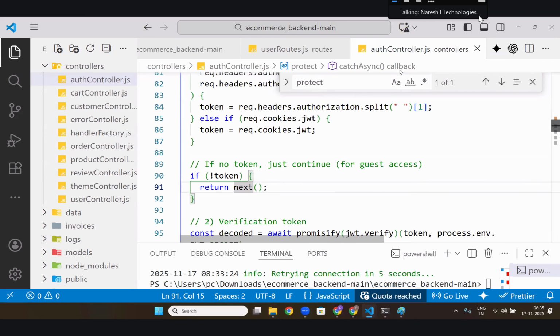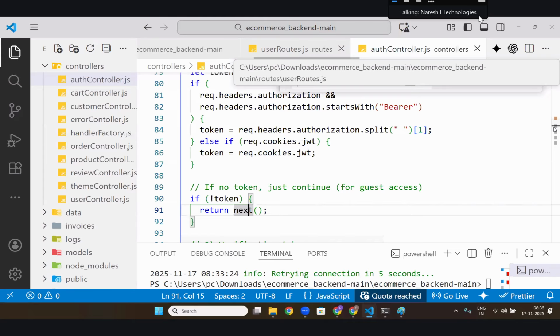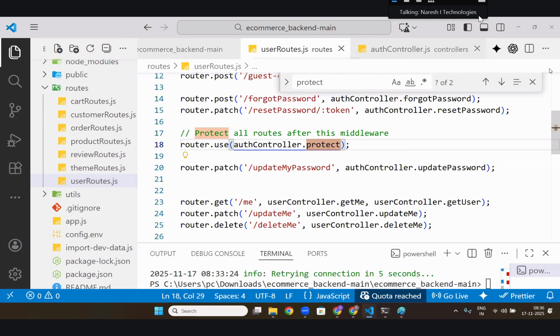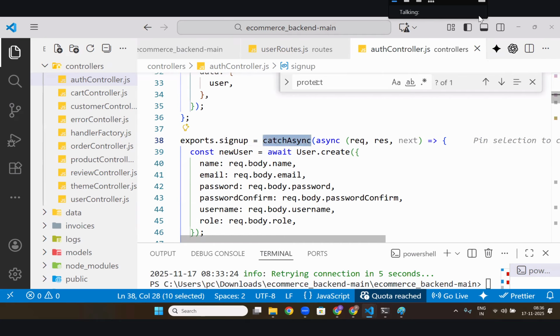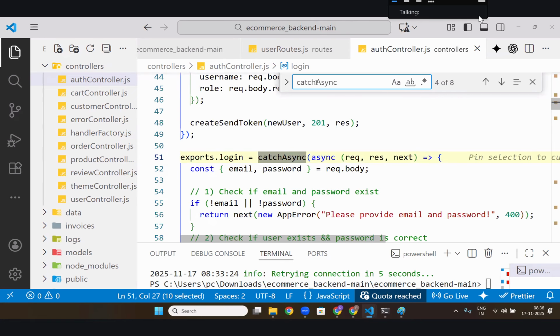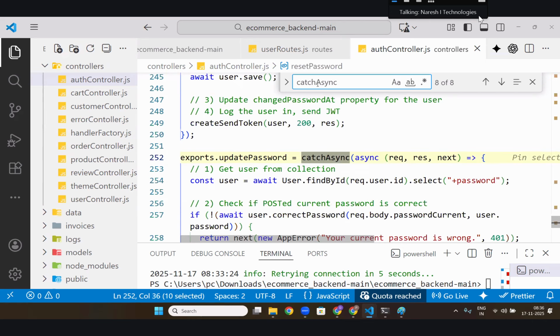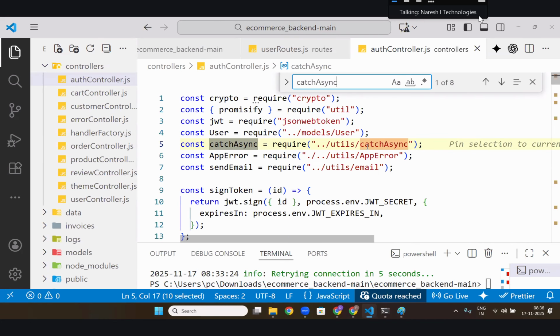If you go to the sign up one, then it is going to the sign up process. Sign up. In this sign up, he is calling this catch async. Where is this catch async from? From utils.